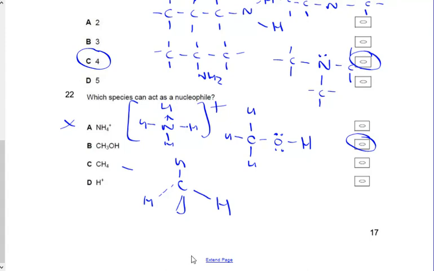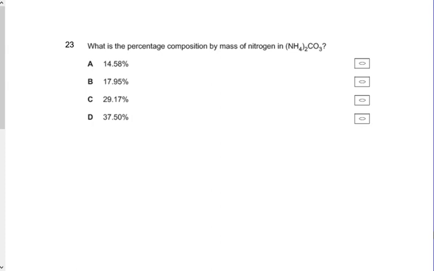And last but not least is question 23. What is the percentage composition by mass of nitrogen in ammonium carbonate, (NH4)2CO3? Well, there are 2 nitrogen atoms, which gives us a mass of 28 for the nitrogen, 2 times 14. And we need to divide that by the total molar mass, which is 14 plus 4 is 18. 2 18s are 36. Plus 12 is 48. 48 plus 48, the 3 oxygens is 96. So it's 28 divided by 96 multiplied by 100